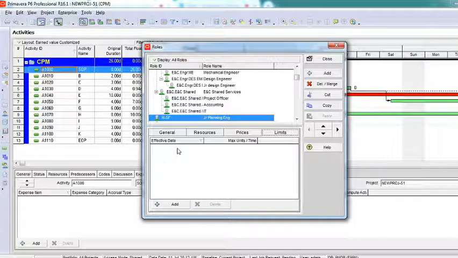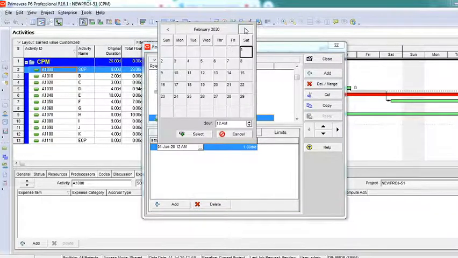Now, for example, you have 10 junior planning engineers in your company. But from this particular date, that is 14th of July, I can change this, I'll put today's date.